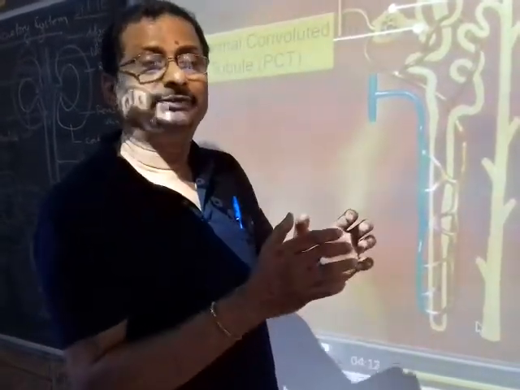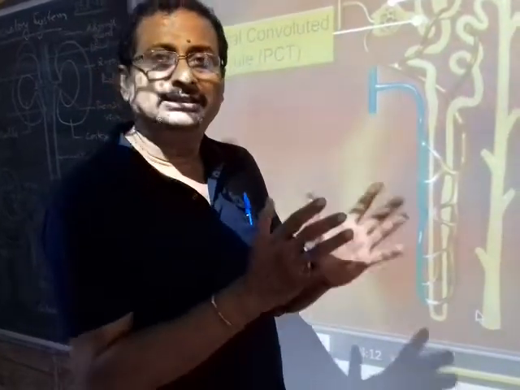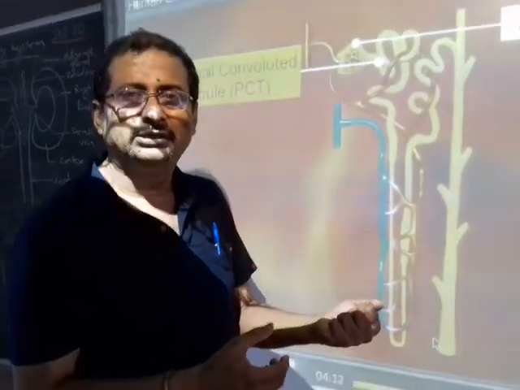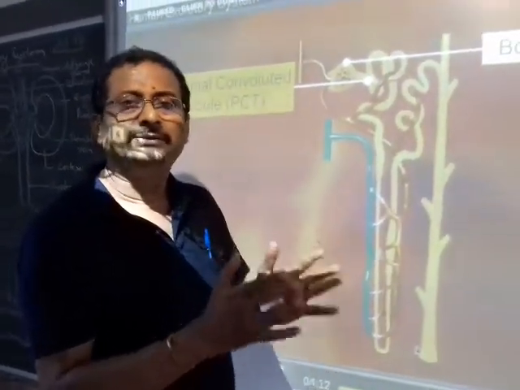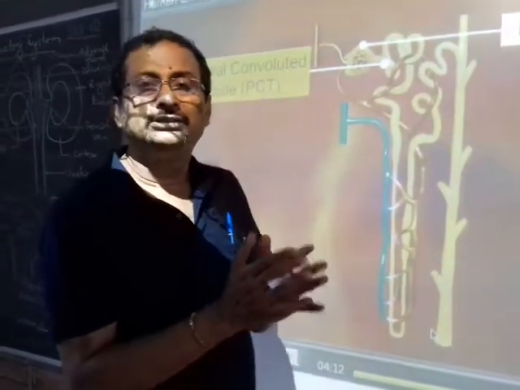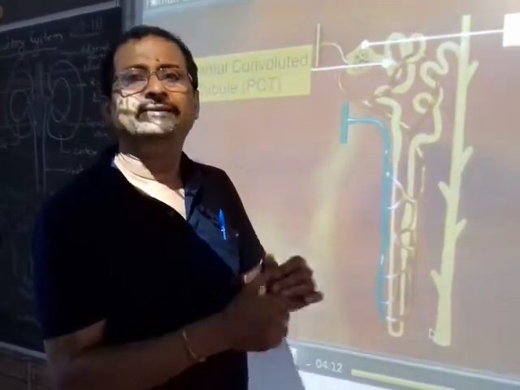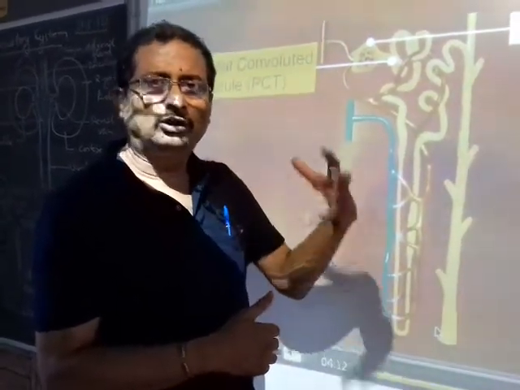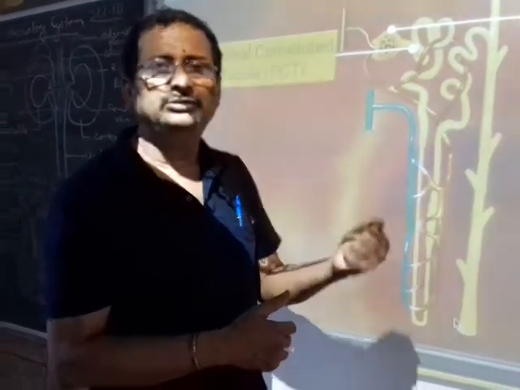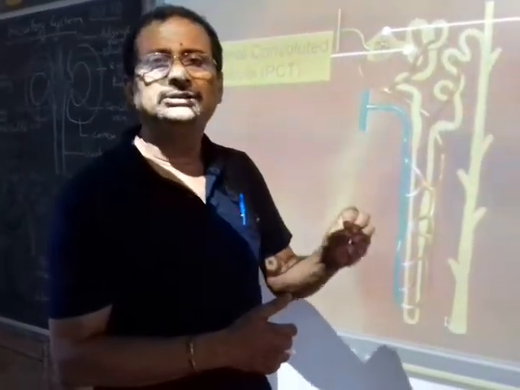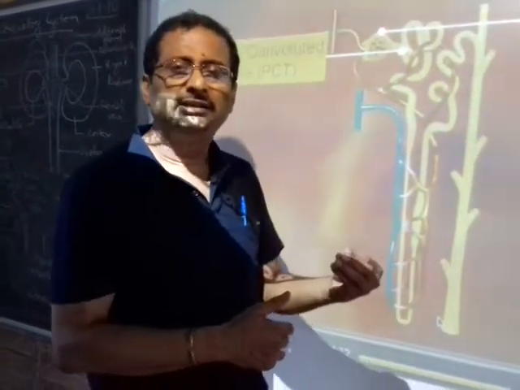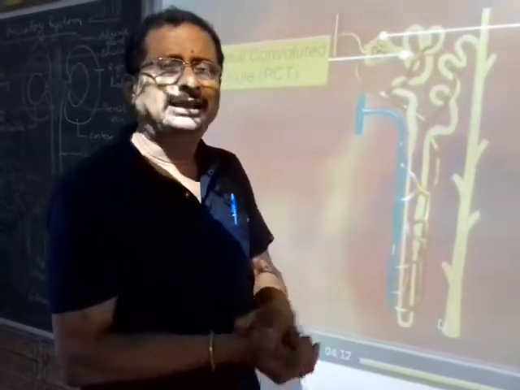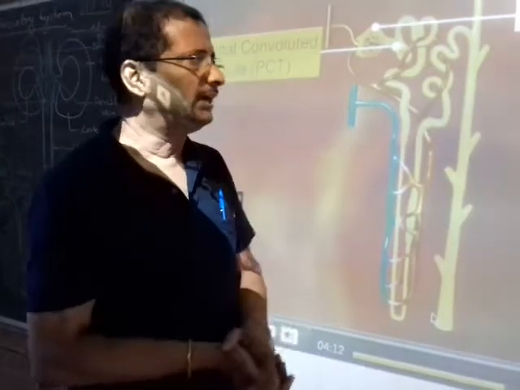In any case, suppose the kidney is unable to reabsorb it, we say that's a malfunction of the kidney, and the protein appears or the glucose appears in the urine, then we say that there is something wrong in the system, and that leads to certain types of disorders called glycosuria, having glucose in the urine. Like people who are suffering from diabetes, uncontrolled diabetes for a long period of time may lead to glucose in the urine, and that is called glycosuria. Or if amino acids are there in the urine, then we can call it proteinuria. Like this, various types of disorders are there.